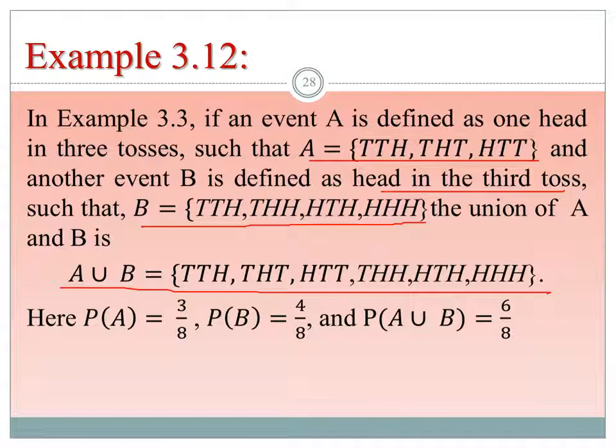Okay, so we can write the probability of A. Our sample space contains a total of 8 elements. Here we have 3 elements in this event space A. So the probability of A is equal to 3 by 8, and the probability of B is equal to 4 by 8, and also the probability of A union B is equal to 6 over 8. Okay, alright, so next we are going to discuss